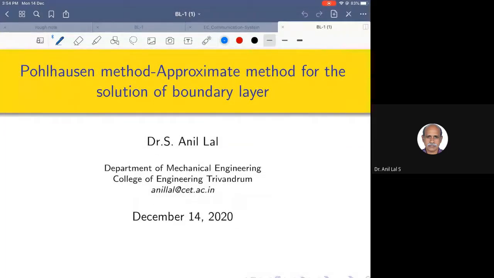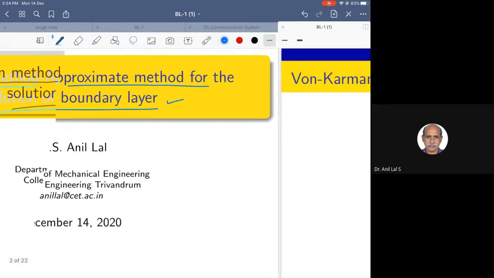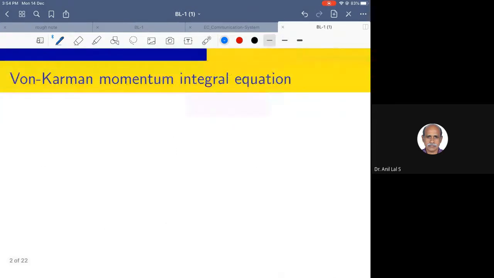Hello, welcome to this lecture on the Pohlhausen method, which is an approximate method for the solution of the boundary layer over solid walls, the boundary layer when the fluid flows over solid walls. It starts with the Von-Karman momentum integral equation, which is obtained by integrating the Prandtl boundary layer equation over